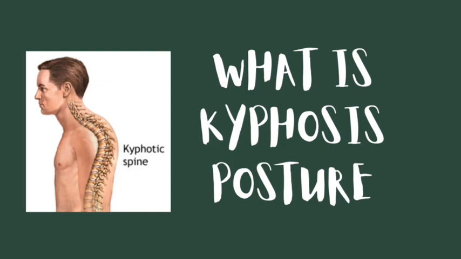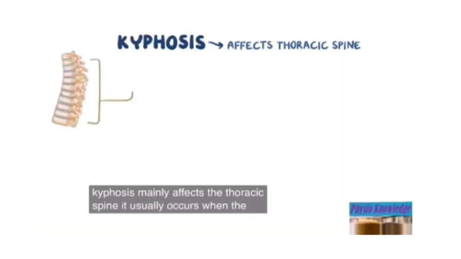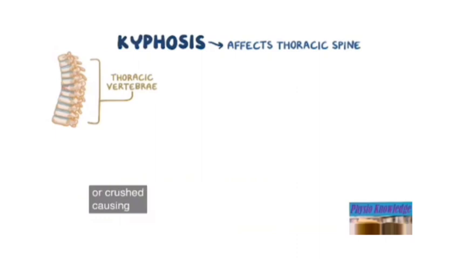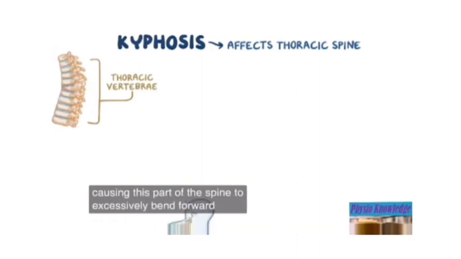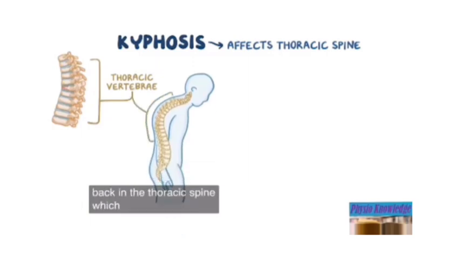What is kyphosis posture? Kyphosis mainly affects the thoracic spine. It usually occurs when the front of the thoracic vertebrae gets deformed or crushed, causing this part of the spine to excessively bend forward. Kyphosis typically results in a rounded back in the thoracic spine, which looks like a hump